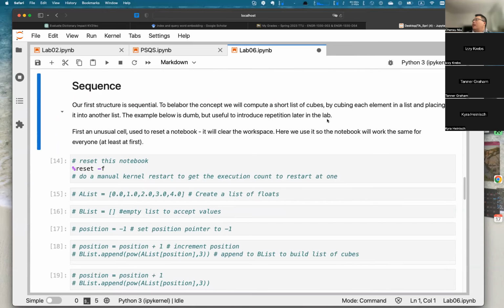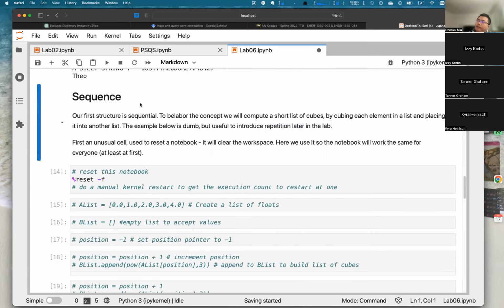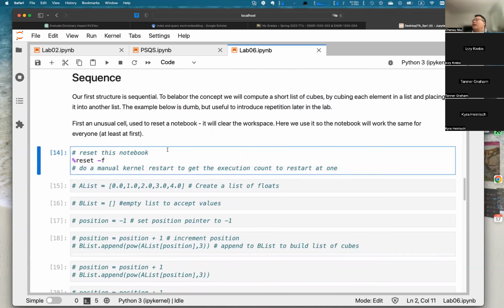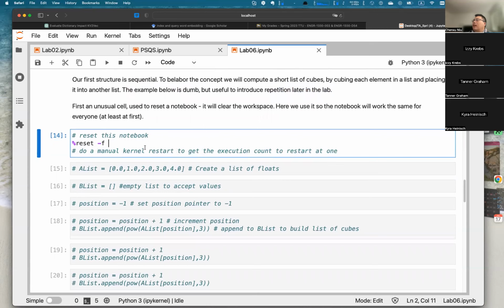All right. So here, the example below is done, but we can also use a loop to do that. But because for now we don't want to discuss the loop, we will learn it in the following classes. Okay. And the first one is a reset. So it's a very useful code, because in